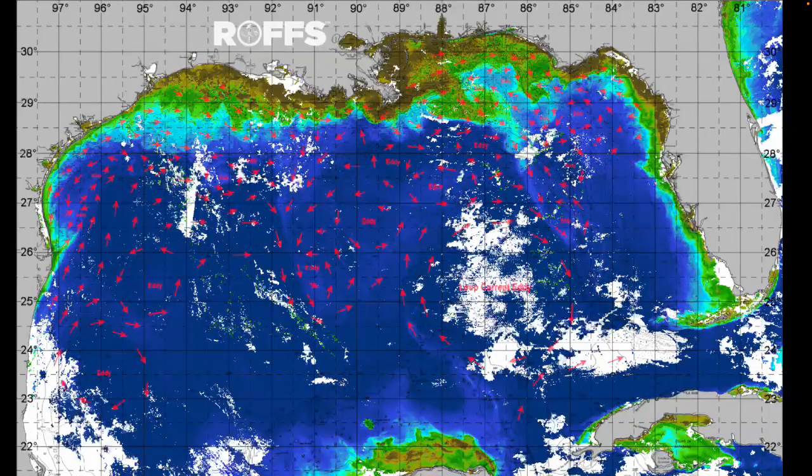Looking towards the west, you have a clockwise rotating eddy far to the south, a counterclockwise rotating eddy in here, with a little bit of a clockwise circulation north of it. Nice clean blue water all the way up Brazos Santiago Pass, southwest of Aransas Pass, all the way up Colt 45, Texas Canyon. You have an eddy here